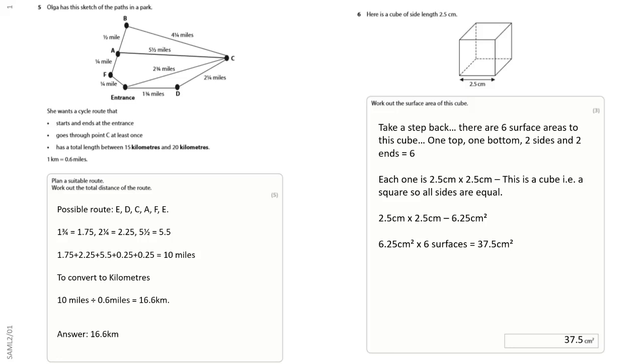Each part is 2.5 centimetres by 2.5 centimetres. So with it being a cube, that means all sides, bottoms, tops, what have you, are going to be equal. So 2.5 times 2.5 equals 6.25. Then you times that by all the 6 surfaces, which gives you 37.5 centimetres squared. But this is the type of question you need to be very careful of and pay attention to,